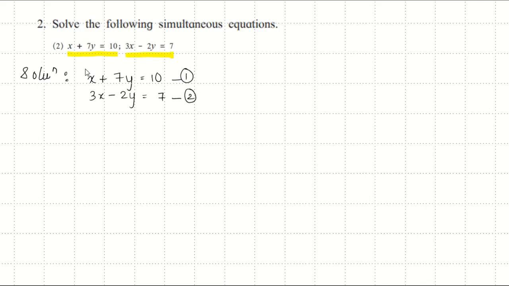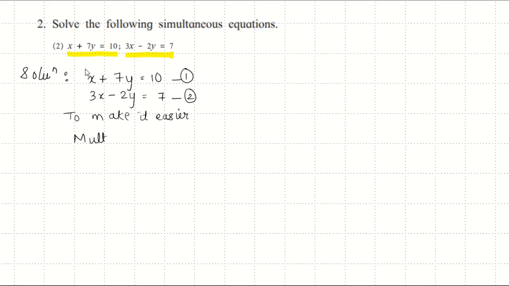Here in both the equations there is nothing common, no numbers, no variables, no coefficients are common in any equation. So to make it easier, we can add, we can subtract, or we can try multiplying any equation. So here we will try multiplying the equation. Multiply equation 1 by 3. If we multiply this equation by 3, we will get 3x common in both the equations.